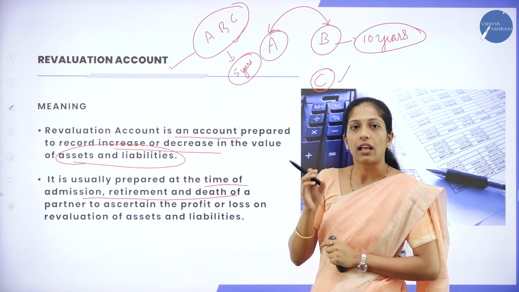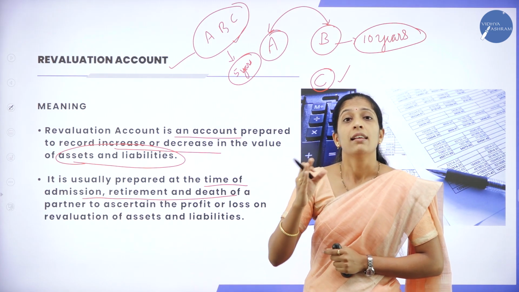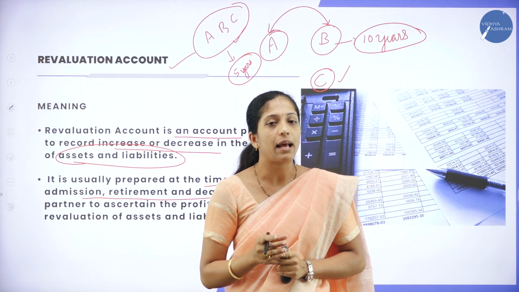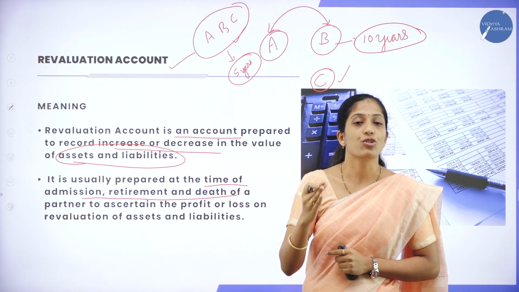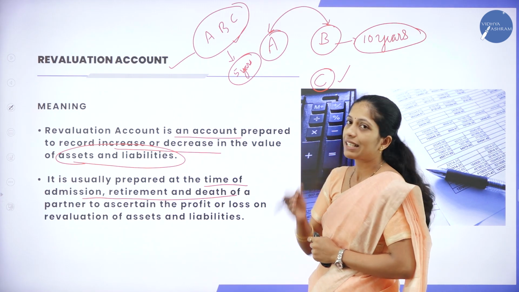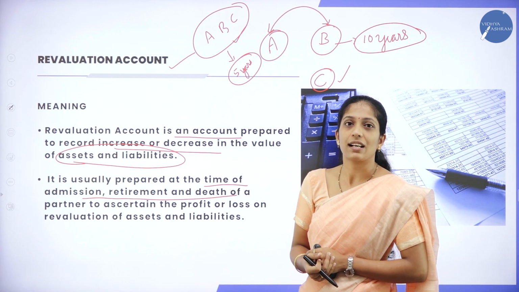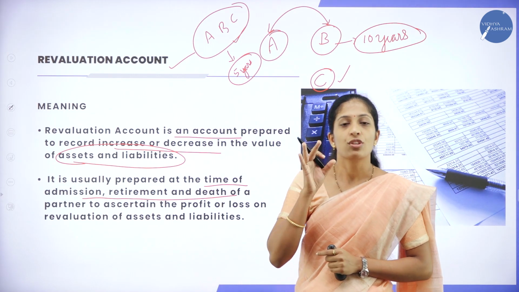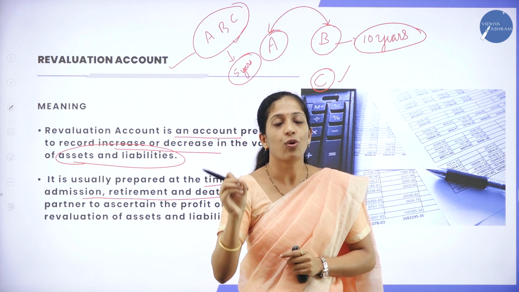For that reason, they have to know the current value of assets and liability, and after valuing the assets and liabilities, the difference will be either profit or loss, and that has to be distributed to the retiring partner also. So that is in case of retirement. In the same way, death also. If a person dies in an existing partnership firm, the amount that has to be given to the deceased partner, the person who has died,